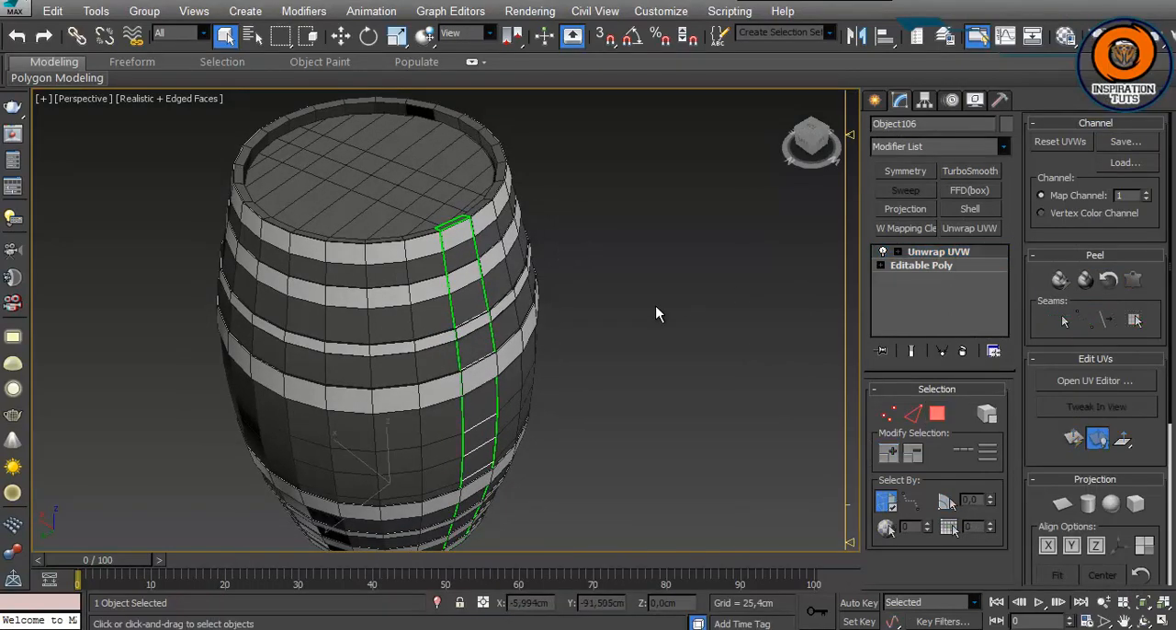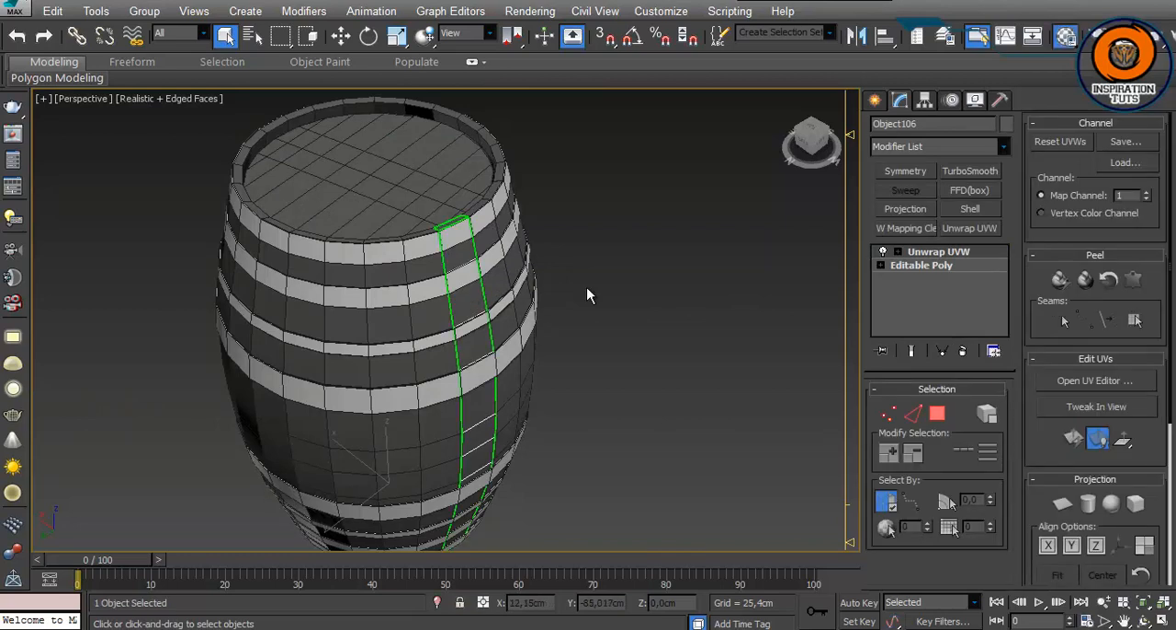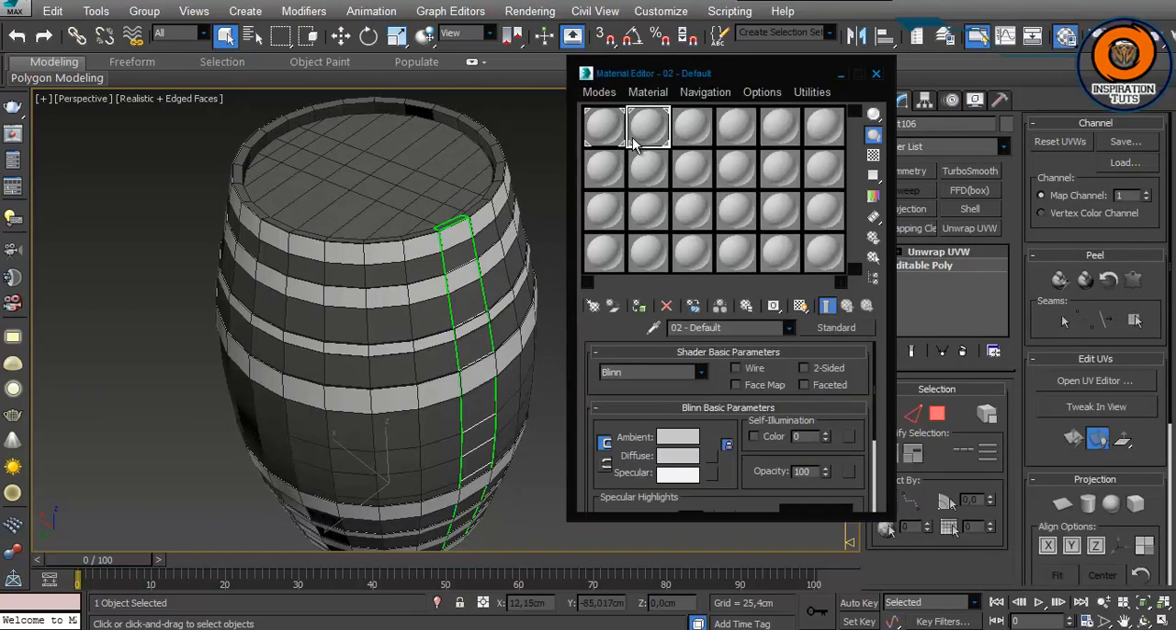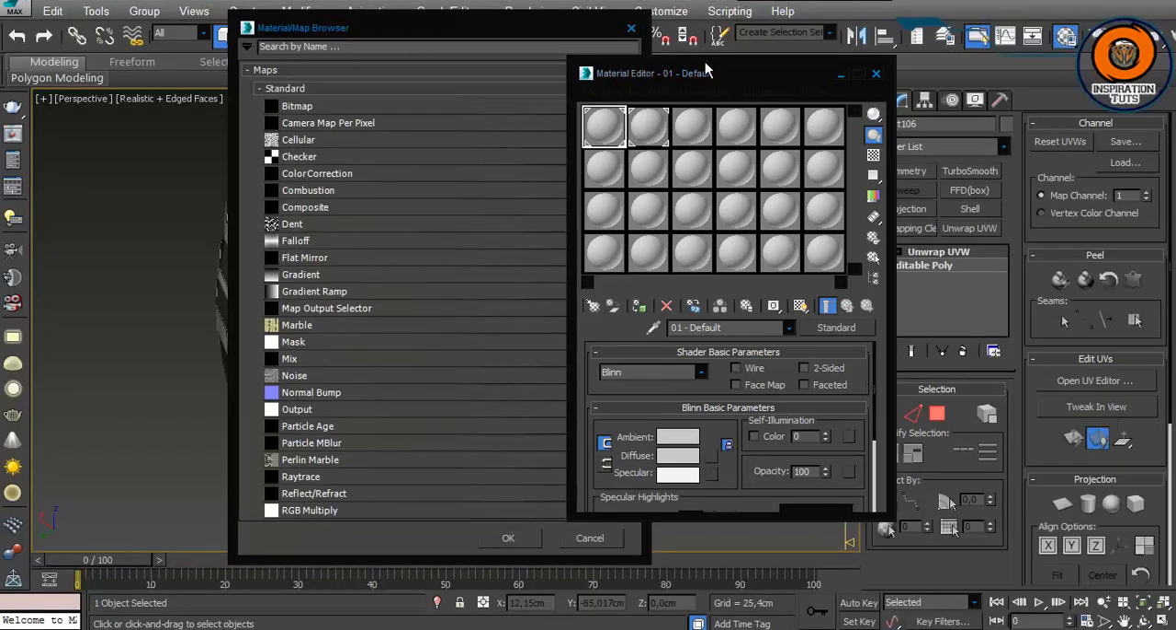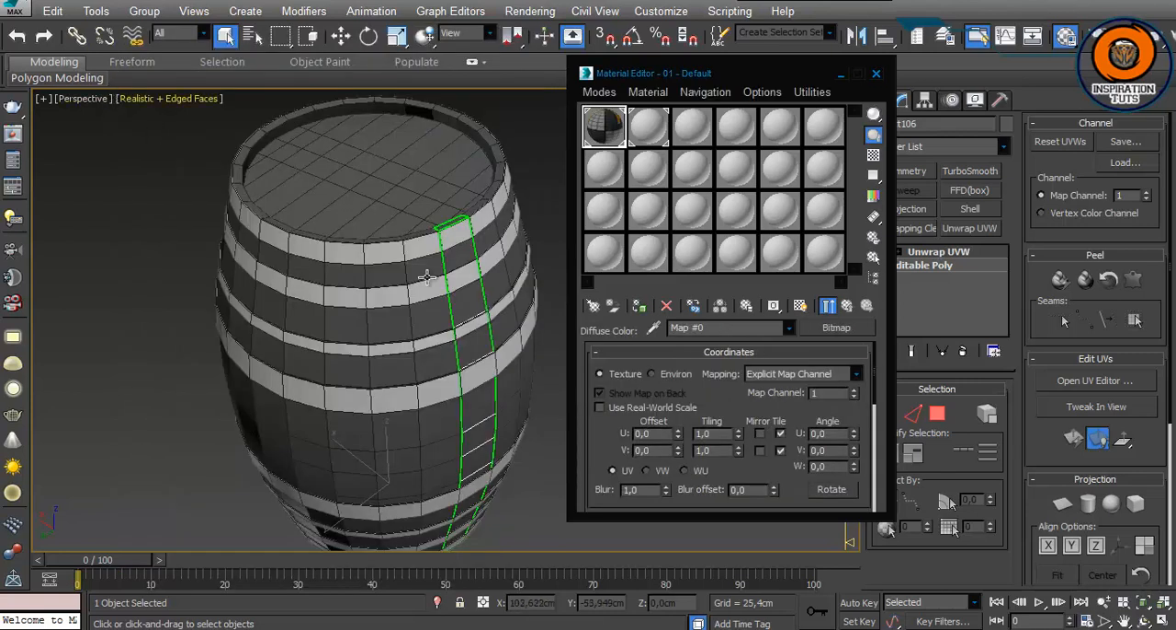And now I'm going to open the material editor, and I'm gonna actually bring a checker texture in order to see the result of our unwrapping. So I will load a checker texture. Alright, I just loaded the checker texture, and we'll drop it over there and assign material to selection, and then